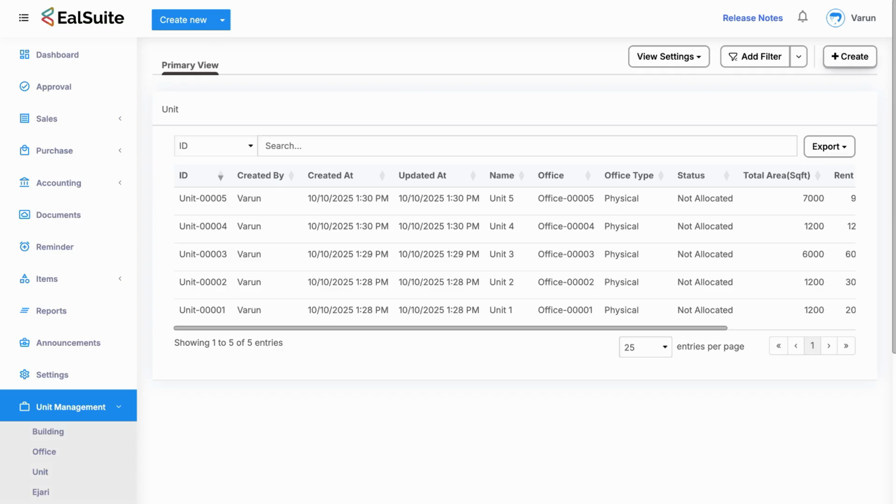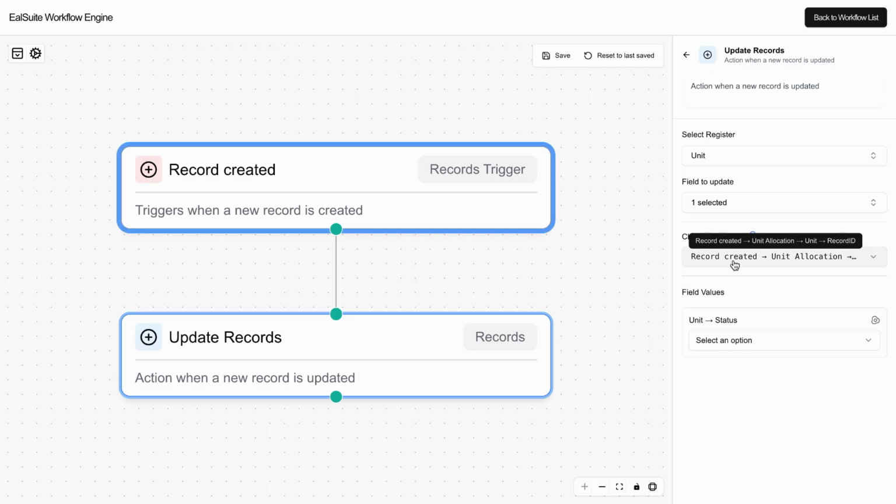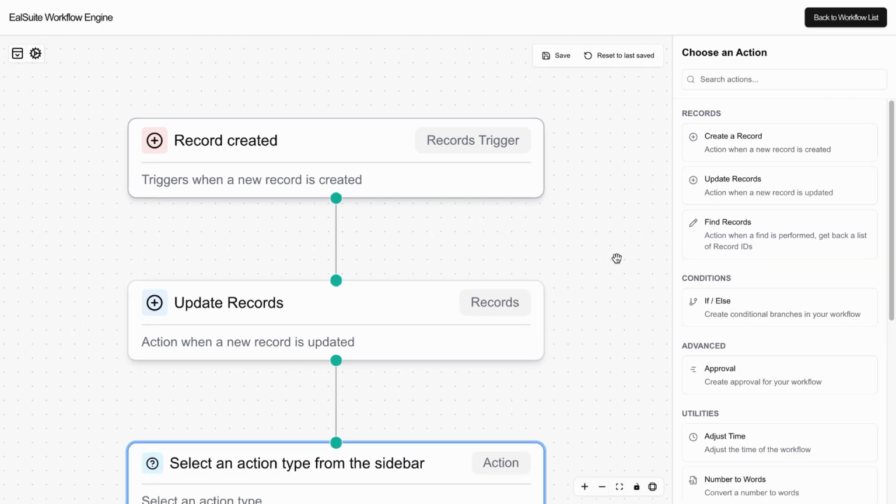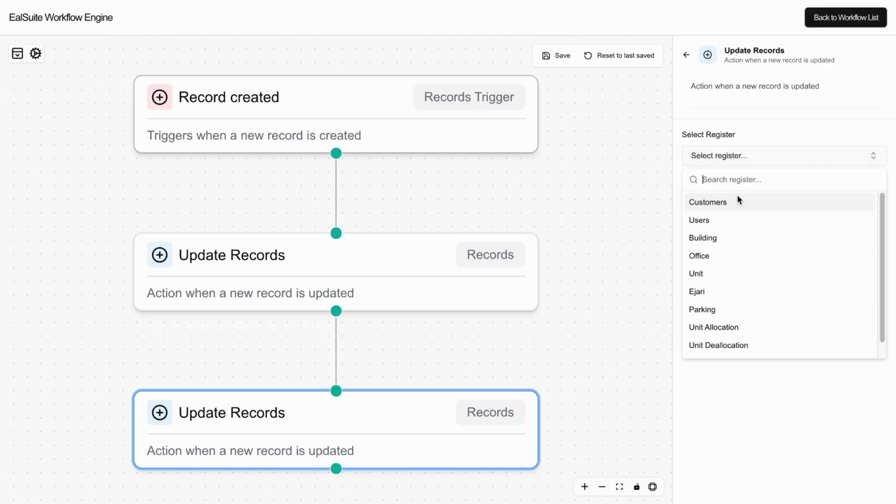How can I find it? I can find it using the condition in the record created trigger. What is getting active? Unit allocation is getting active. Which unit has been selected inside the unit allocation creation page? That unit's record has to be chosen and that unit has to be updated. That's the condition that we are going to apply. It's going to be getting updated into allocation in review. Then what needs to get changed? The same thing applies